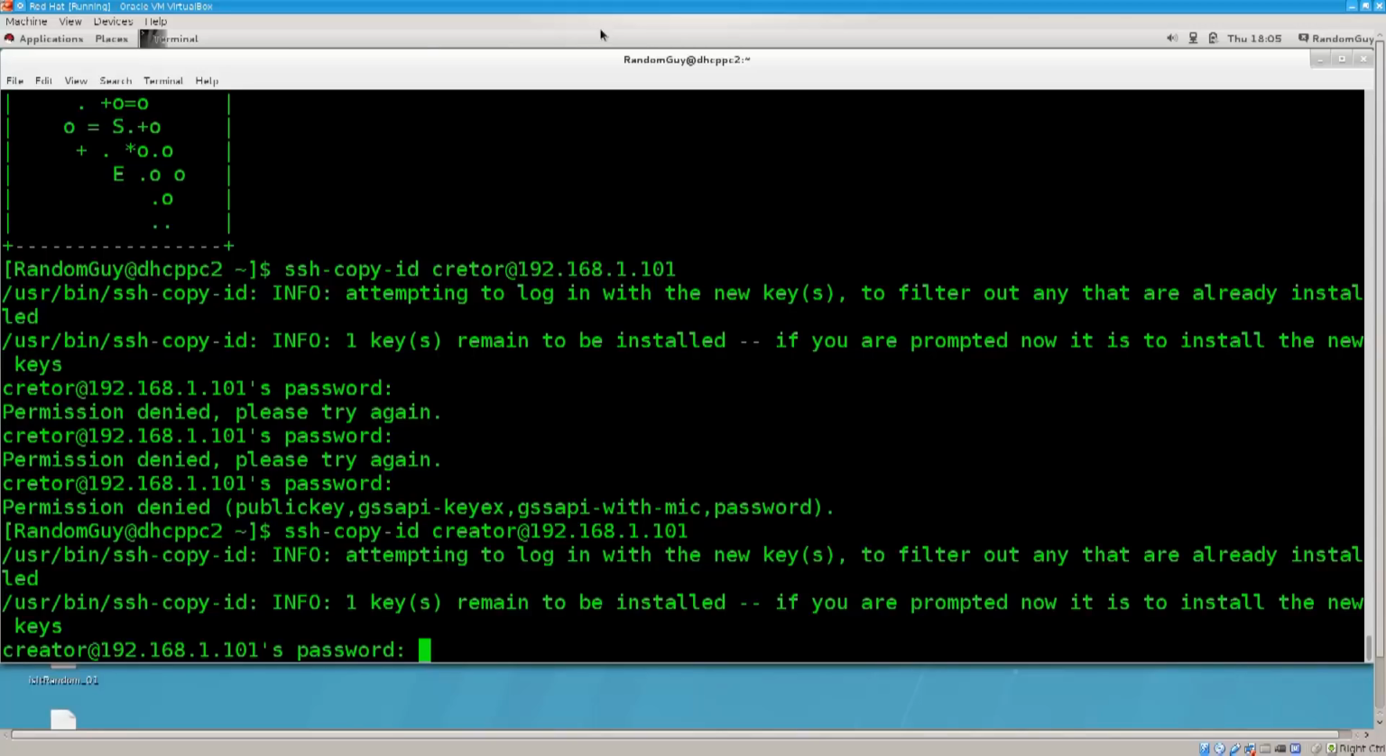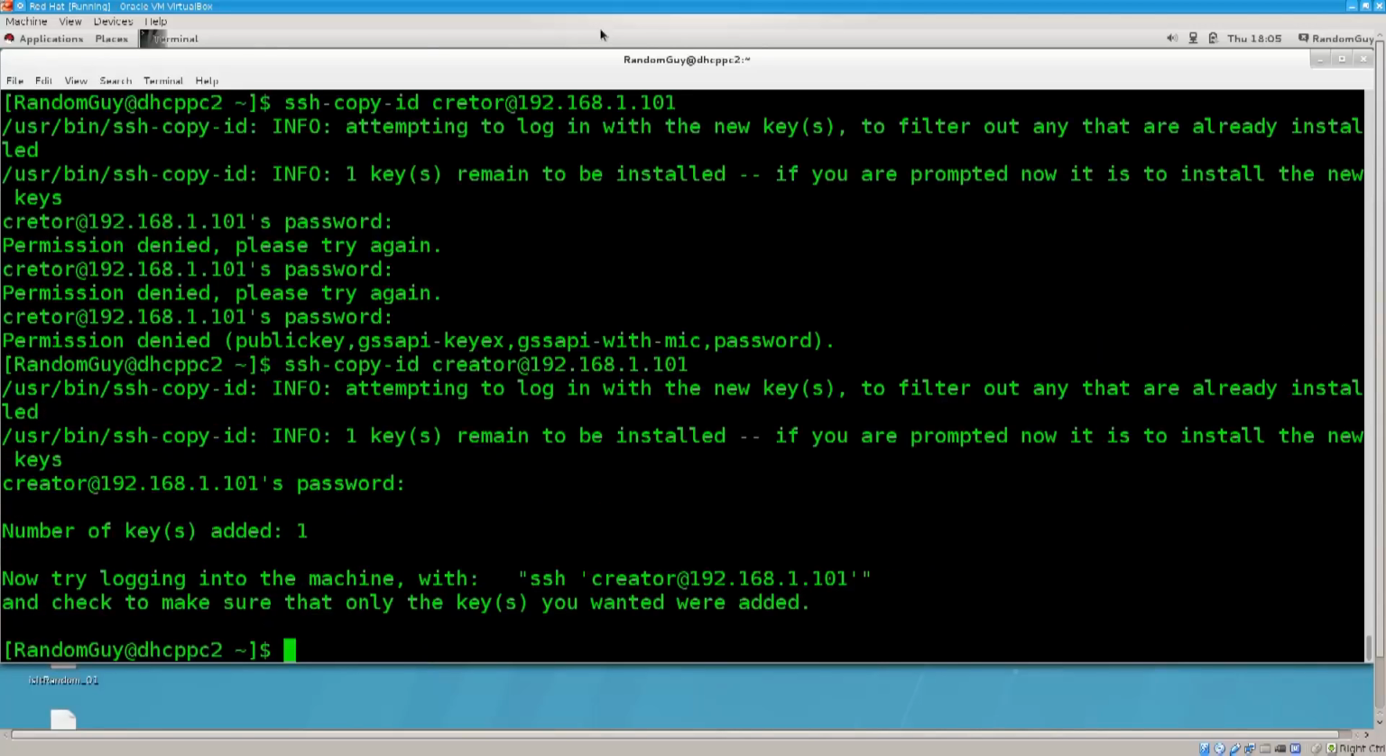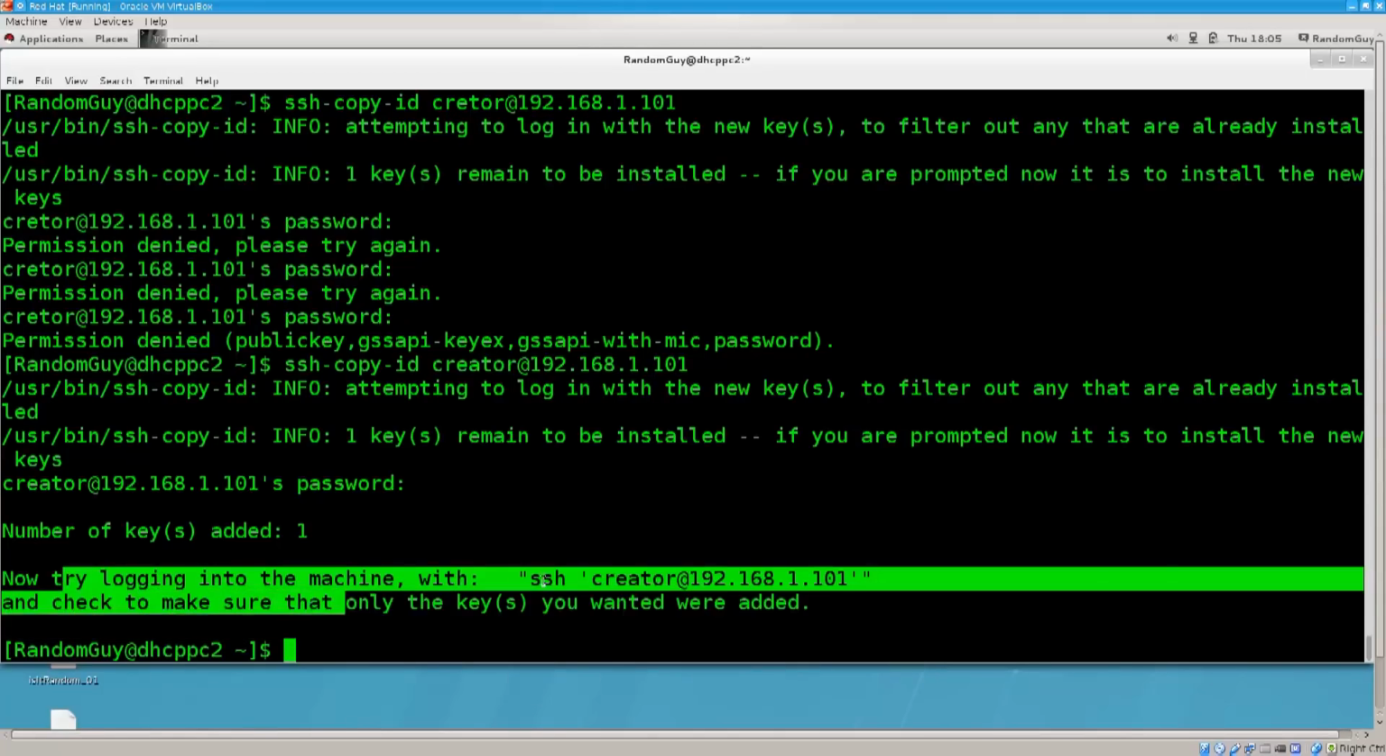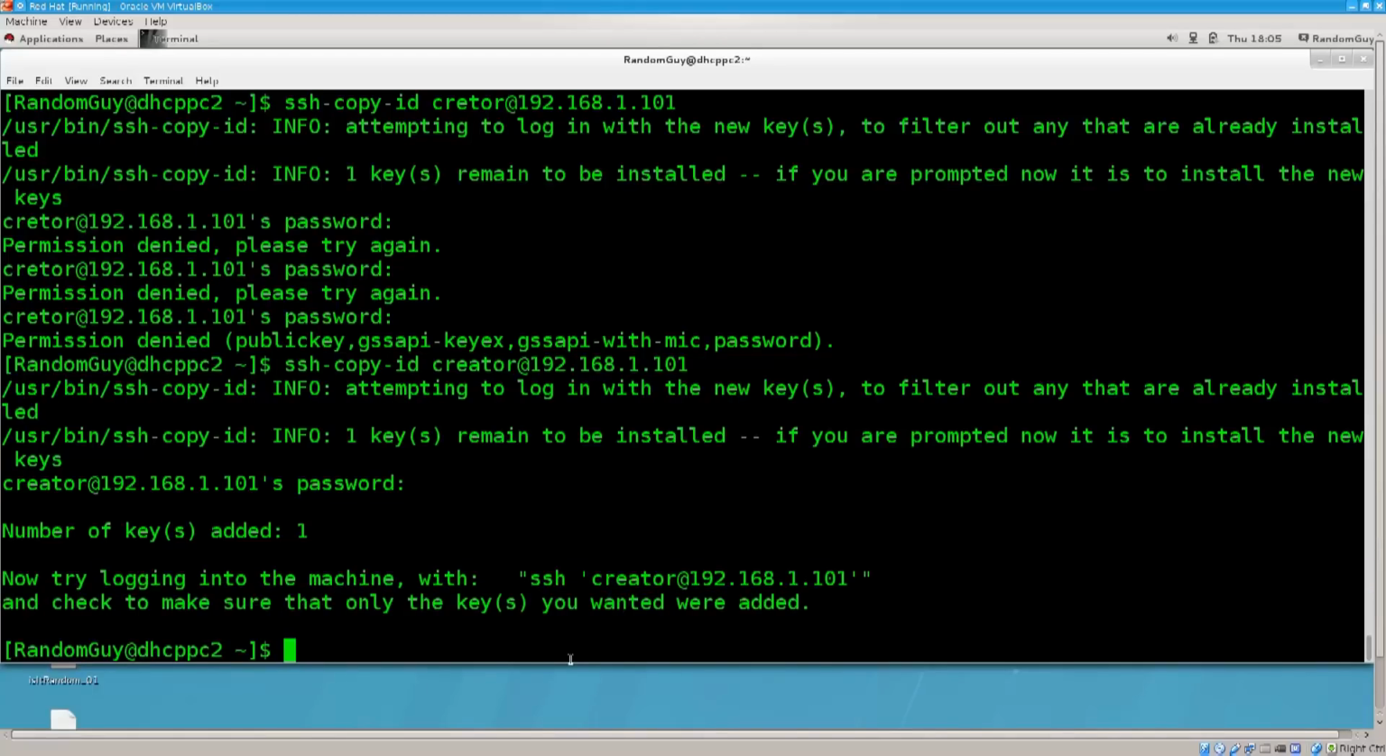Okay. There we go. So it has gone through without any problems. As you just saw, you should be rather careful when typing these things in to make sure that they are correct. Now we will do as the program suggests. Now try logging into the machine with SSH and then this creator and the IP address. So ssh creator at 192.168.1.101,